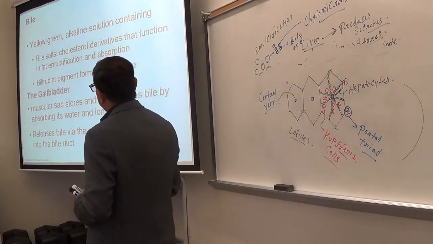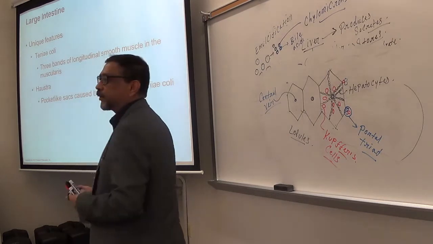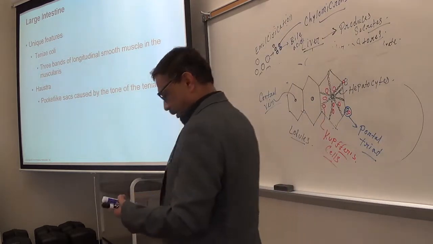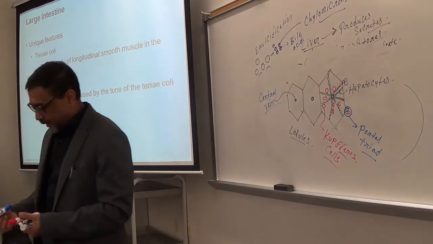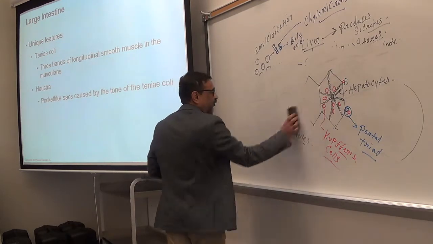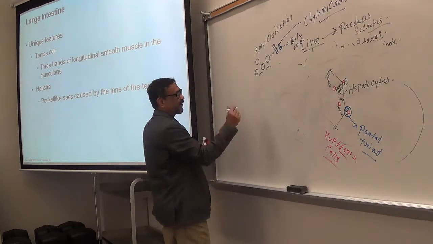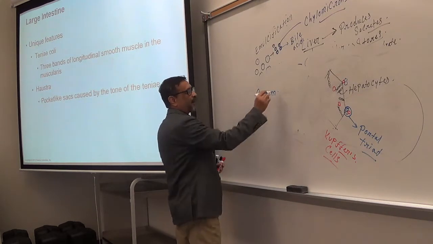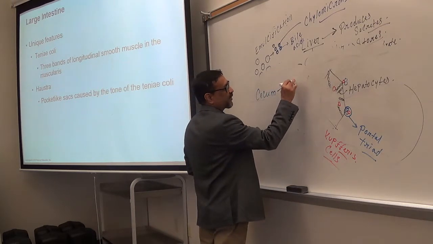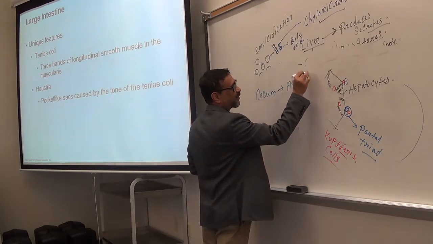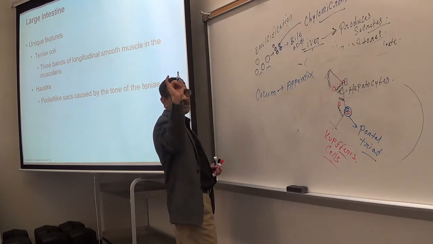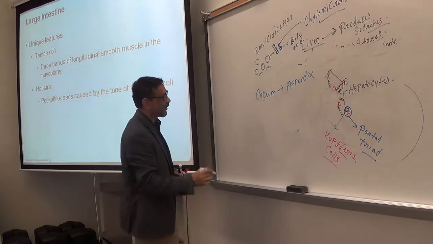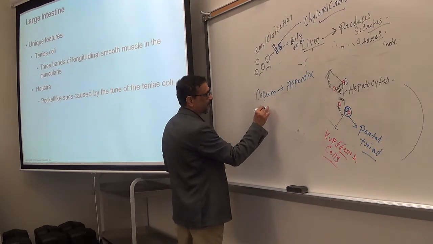Okay, so we have talked about the gallbladder. Now the large intestine has the following parts. The first part of the large intestine is called the cecum. And your appendix is attached to the cecum. Remember, the appendix is a small finger-like or worm-like structure attached to the cecum. Okay, that is the appendix. Then you have the ascending colon,